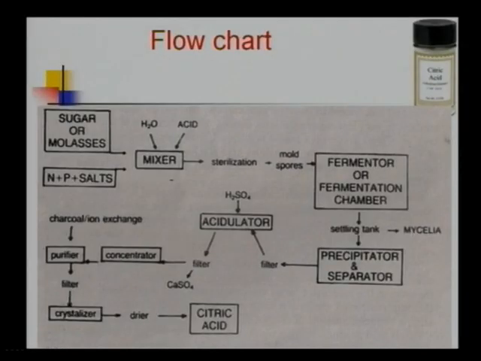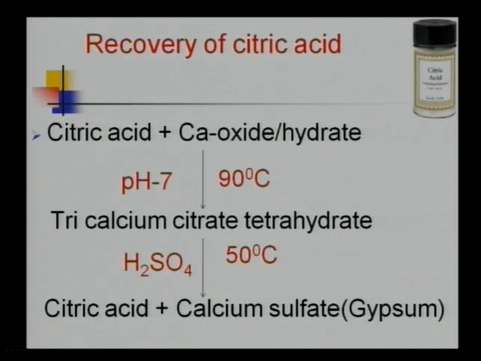So this is how citric acid can be recovered from the fermentation broth by one of the classical methods commonly followed at the industrial level, the precipitation method. Another method which is commonly used for citric acid is the ion exchange method. In the ion exchange method, the citric acid is recovered from the fermentation medium by passing it through ion exchange resins, but this method is applicable only in case where your product